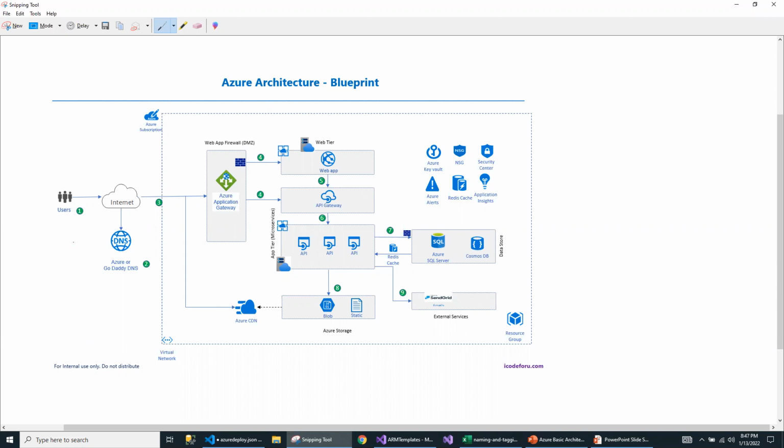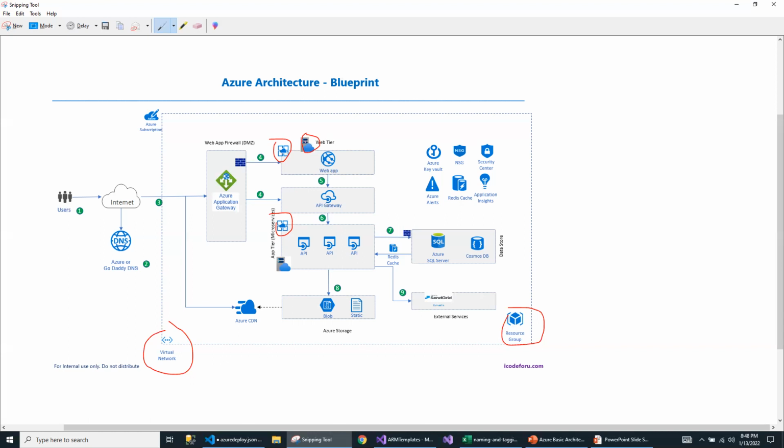Prior to this, I've already created a resource group, and a virtual network in the same resource group. And then I've created the app service environment under this virtual network. Now I'm going to create the app service plan for the web tier and the app service plan for the app tier. The app service plan for the web tier contains all the websites, like React applications and Blazor applications. The app tier contains all my microservices.